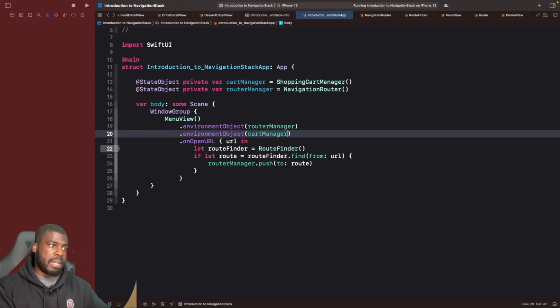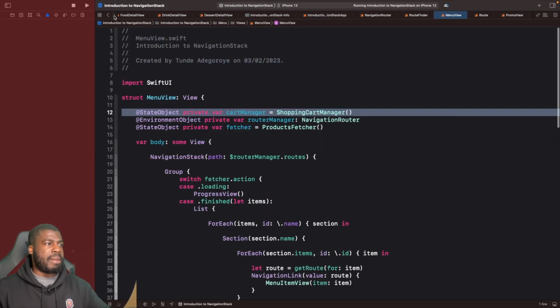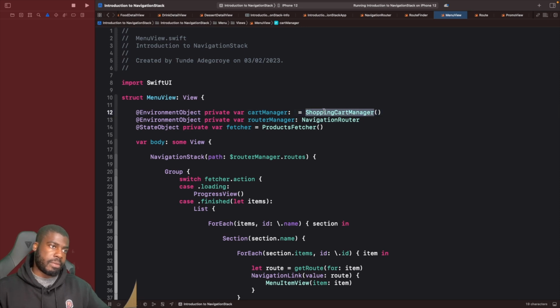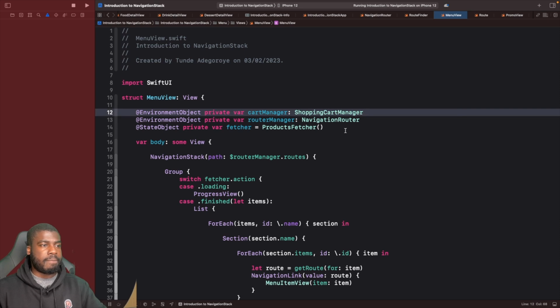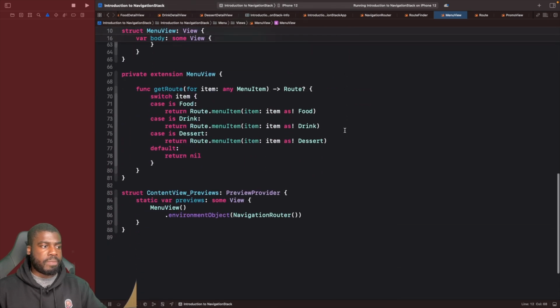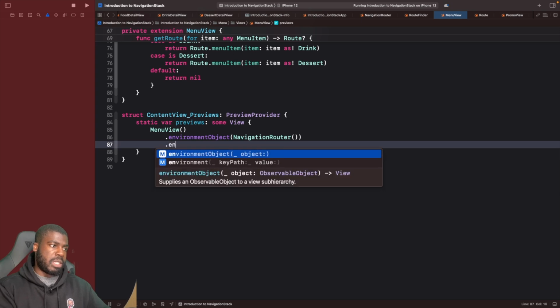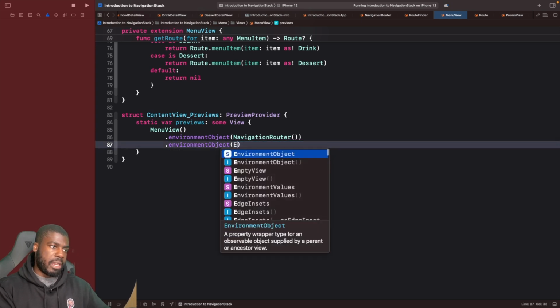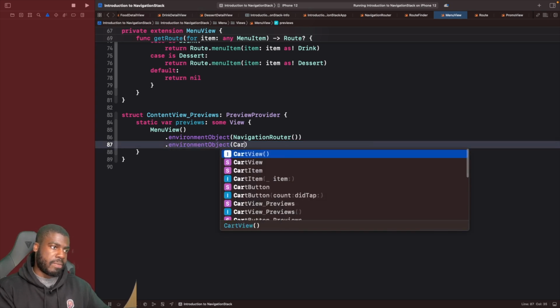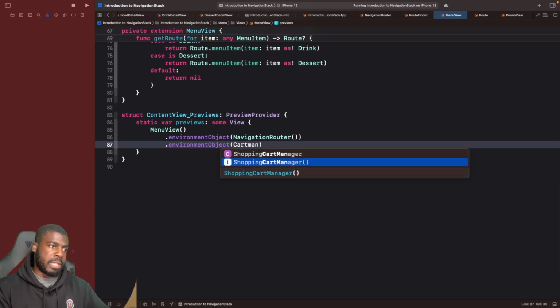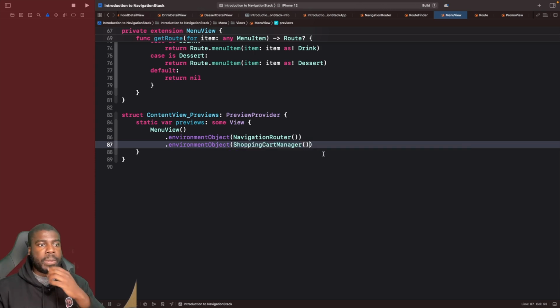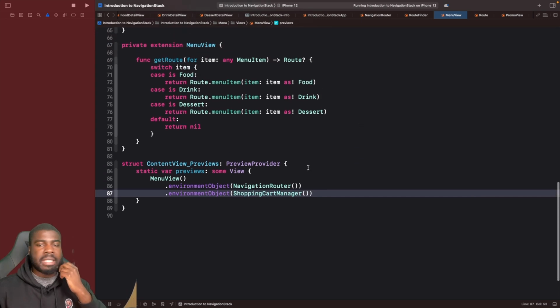And then we're going to use the environment object modifier to inject this in. So say cart manager. And then back in our menu view, we're going to turn this into an environment object. So let's do that now and declare the type. All right, cool. And then down in our previews, we're going to say environment object. And then in here, we're going to say cart manager, which is our type. So shopping cart manager, and build it, and it's all good. So we have this now available in all of the views that are children of our